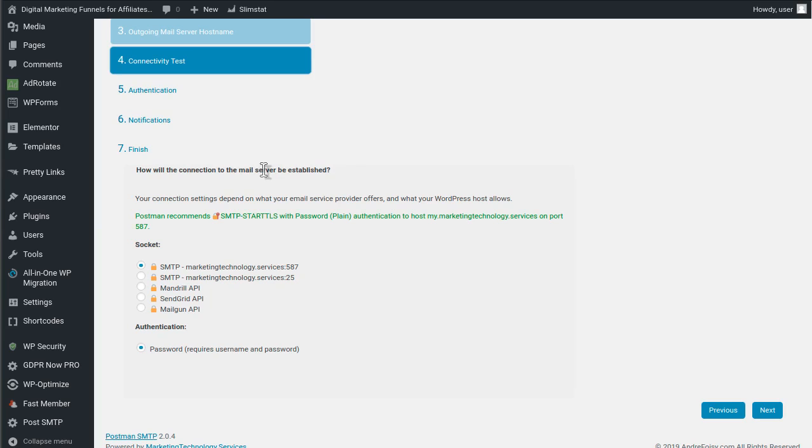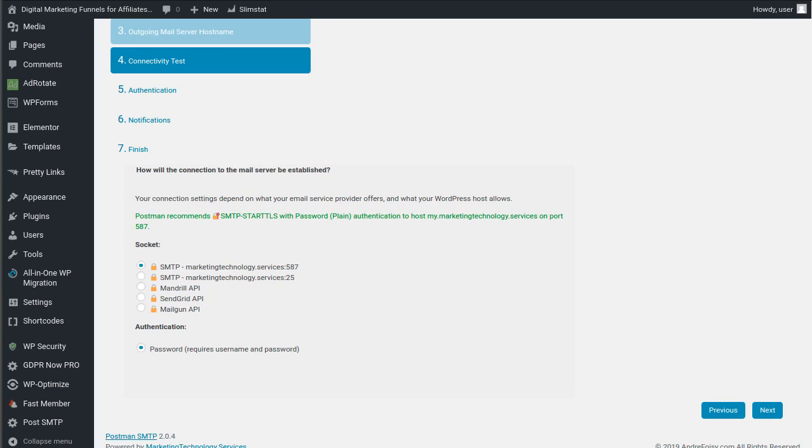as you can see here, you can use Mandrill, you can use SendGrid, you can use Mailgun, and you can also use others as well. You can use any one of them. Okay, for now I've entered this MX server because this is the one I'm using with that website here. But if, for example, you had used